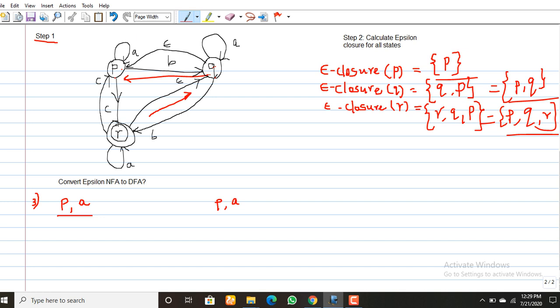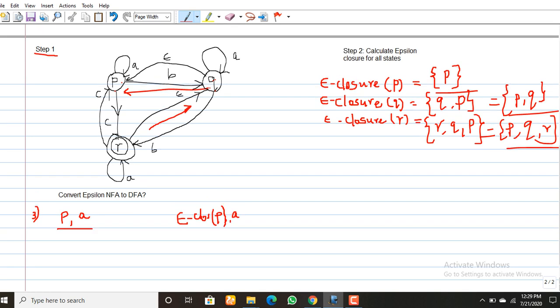So in the first step, you have to calculate the epsilon closure of P comma A. And you have to apply transitions on this output. Okay, it will give some output, right?